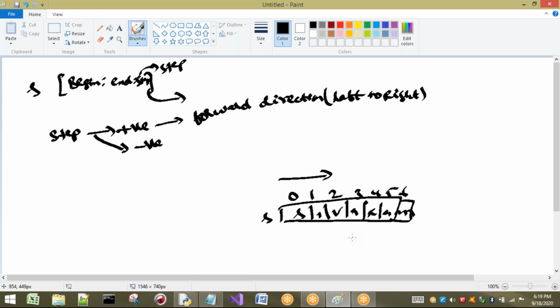If you want to print from the backward direction, that means we have to consider minus values. Whenever we consider negative values, it is a backward direction, from right to left, where we get the values in reverse order, from the right side to the left side, which is nothing but the backward direction.